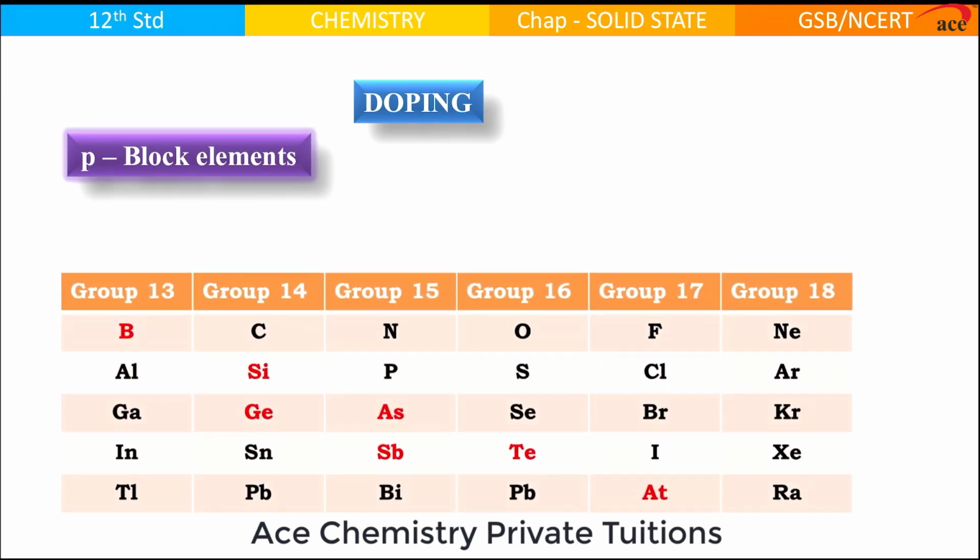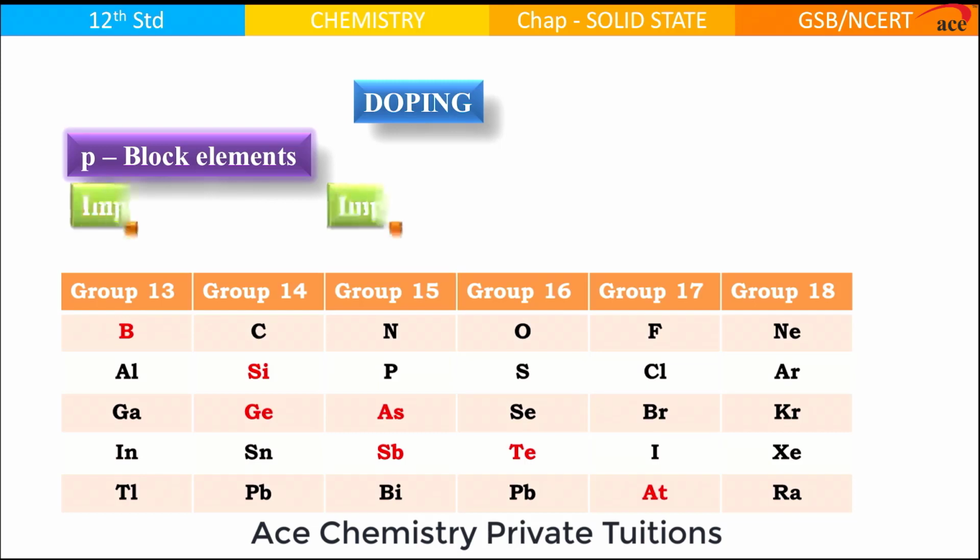First, you should know in the p block elements: boron, silicon, germanium, arsenic, antimony, tellurium and astatine. These are all given as examples of semiconductors in NCERT. For the chapter of solid state, we are going to look at only silicon and germanium as a good example